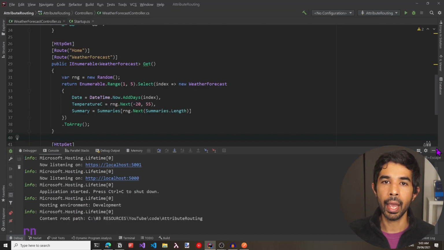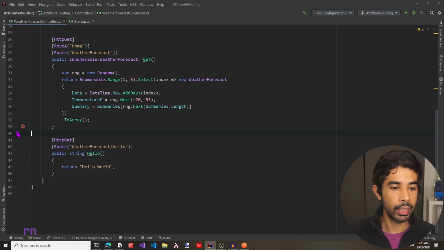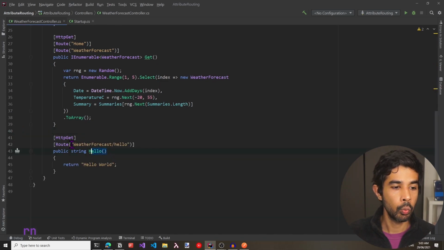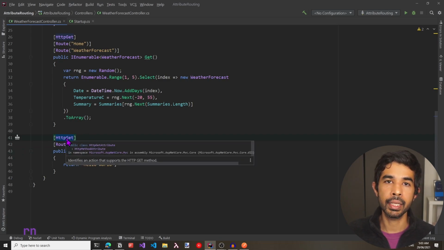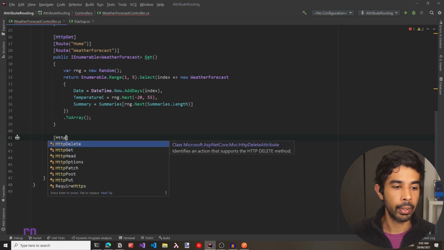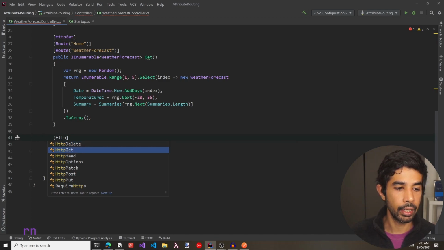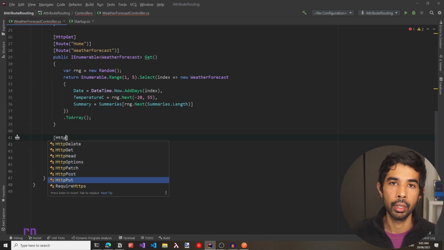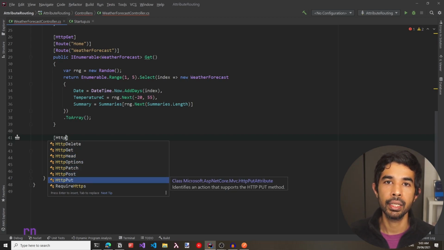If we navigate back to our application, when we created this new hello endpoint, we had specified the HttpGet attribute. This maps the GET verb to this particular method. Now you can also specify the other verbs for this method. For example, when you type in Http, you can see it supports HttpDelete, HttpGet, HttpHead, HttpPatch, HttpPost, and HttpPut. These are the HTTP verb templates that are supported for this API endpoint.